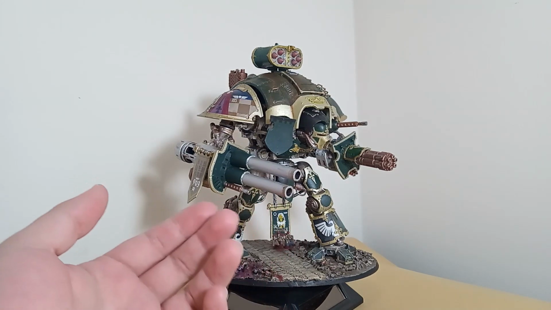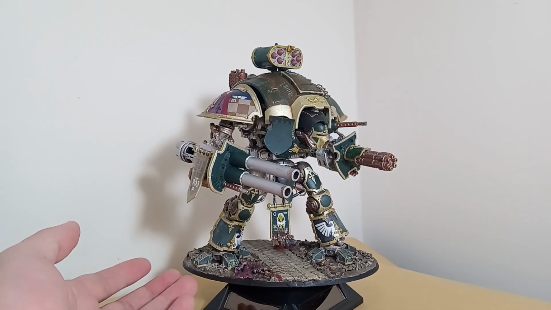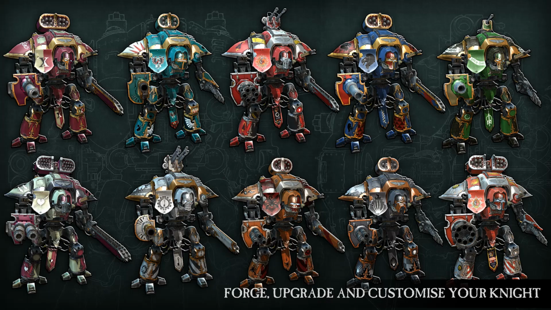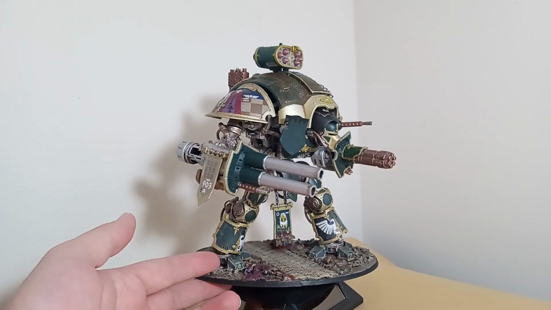Now there was a relic in previous editions for one of the houses that essentially doubled the output of the battle cannon. I was like, yay, let's make a double battle cannon. Plus, I think the Knight mobile game lets you do that. I just wanted to make a Knight cannon that looked interesting,